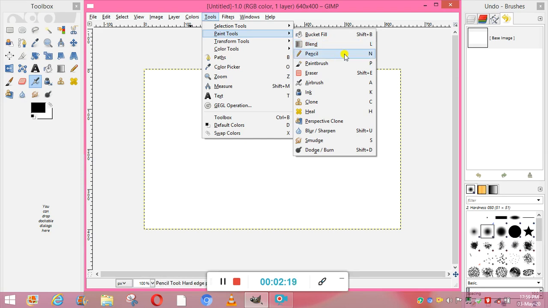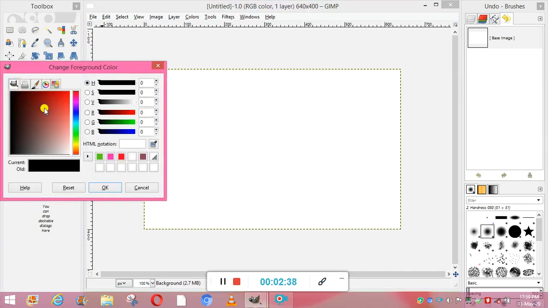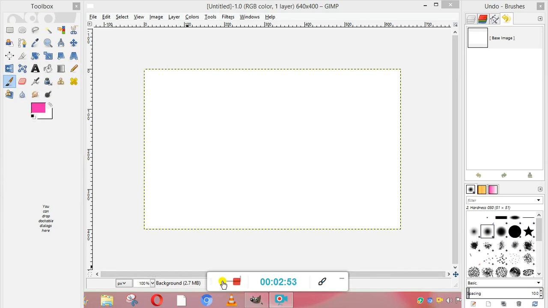Now we are going to select the pencil or a paintbrush tool. Okay, suppose I select the paintbrush tool. Now after that we have to change the color as we like. So in your book it's given a pink flower. Okay, so I'm going to take the foreground color pink. So I'm selecting the pink color. Okay, I select from here. So the color has been changed to pink, and that is the foreground color.